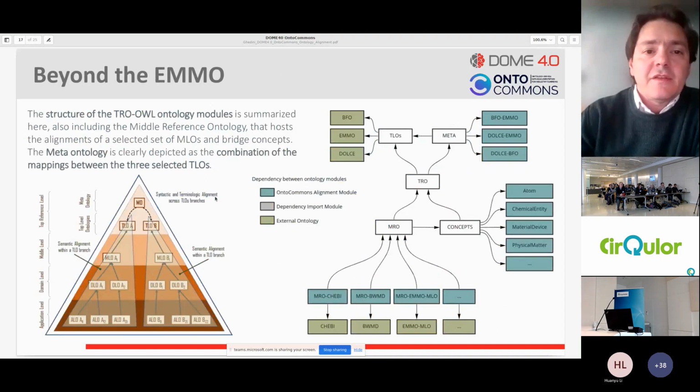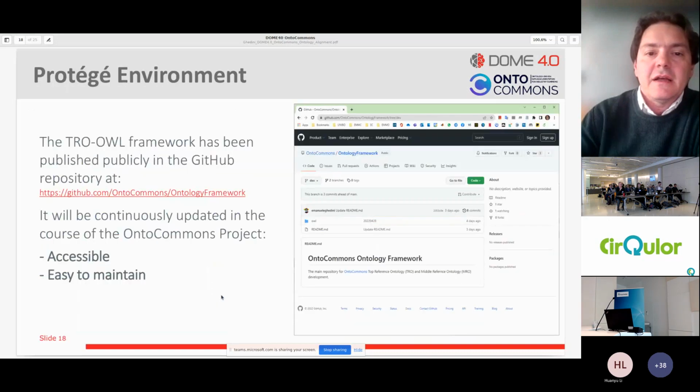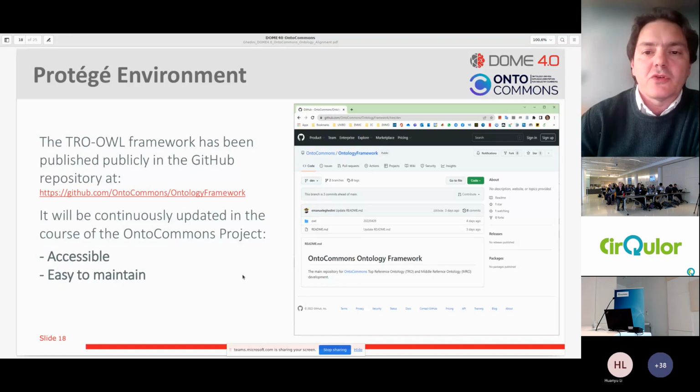But this approach goes beyond the MMO because, as Arko already showed you, we wanted to make use of ontologies that are part of a larger framework that should be able to put together several ways to describe the world using ontologies. Here you can see something that Arko already showed you: the structure of the part of the ecosystem that tries to put together top-level and mid-level ontologies together in a common environment. It can be found in the OntoCommons GitHub repository. It is still in a development version and will be released at the end of the OntoCommons project.